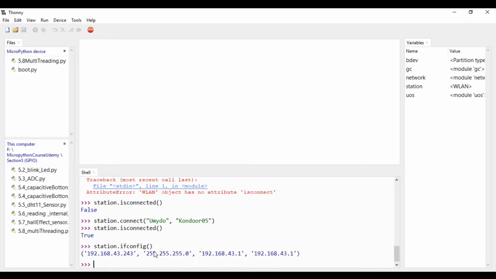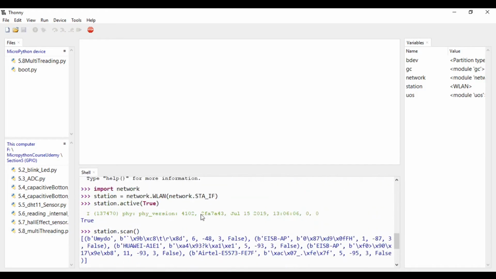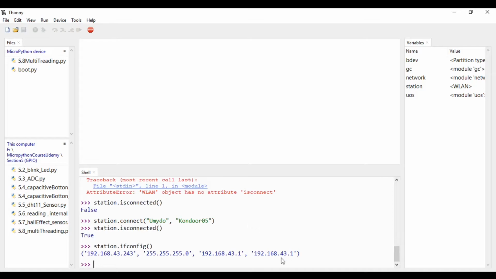Now by this command, this is the IP address. So it is showing the IP address, subnet mask and everything. So this is the way we can make sure that it is connected to Wi-Fi, or we can make it connect.